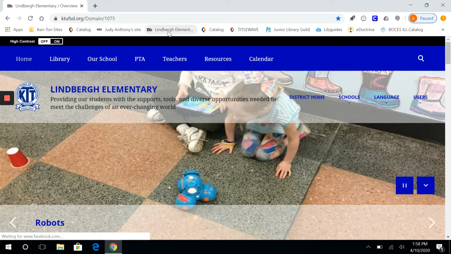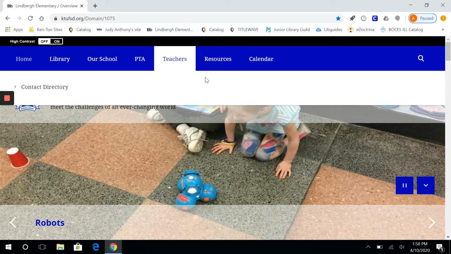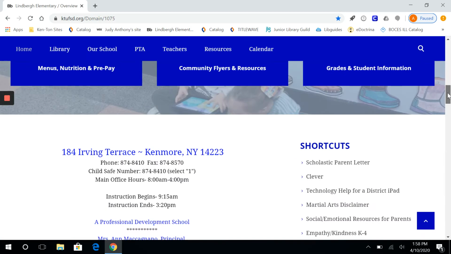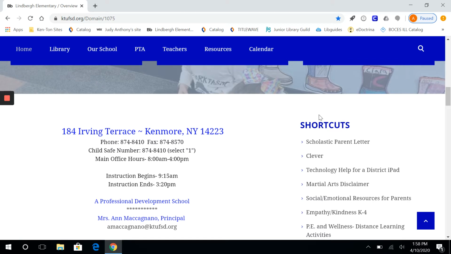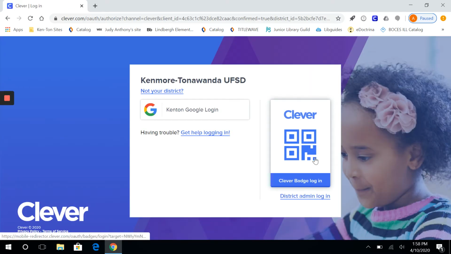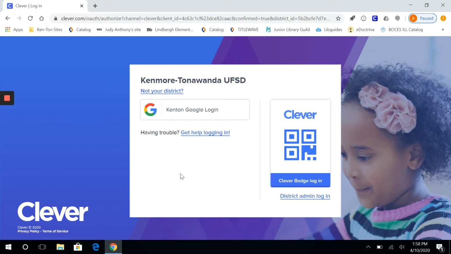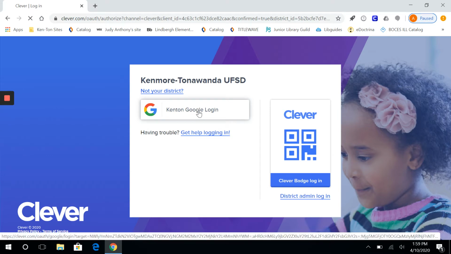The other way is through Clever, and I do at home use Clever to find resources. So I'll do that as well. So we're going back to our Learning Elementary School website. Scroll down, right here, there is a link for Clever. Click on Clever, and if you have a badge to do that, I will click on Google,